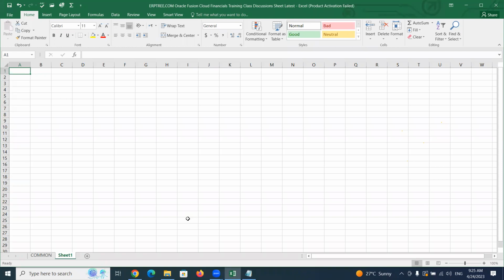By using Oracle Fusion Accounts Payables, we can create the purchase invoice and we can process the payment. By using Oracle Fusion Accounts Receivables, we can create customer invoices, or you can say billing, and we can create the receipts. By using Oracle Fusion Cash Management, we can maintain the bank accounts. With the Fixed Assets application, you can create assets and we can calculate depreciation. By using General Ledger, you can create the financial reports. And we have applications like Oracle Fusion Expense. By using that, we can record employee expense reports. And with Oracle Fusion Tax, we can do the tax calculation.